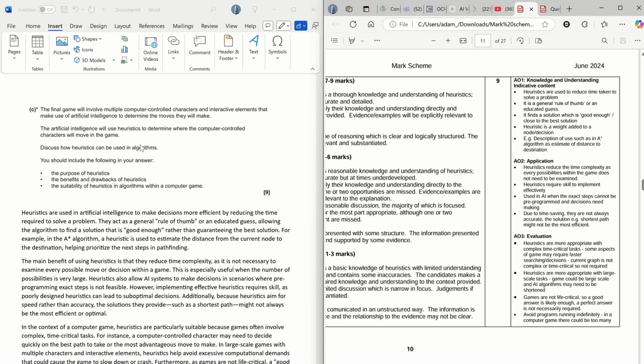So the heuristic question was not completed very well by a lot of students. Specifically, misunderstanding the point of the question and making mistakes about what a heuristic is, which was a key thing. If you remember, if you don't write accurately about what something is, then you will be restricted down to low band. You might squeak into mid band if the rest of it is good, but you are running that risk of low band.